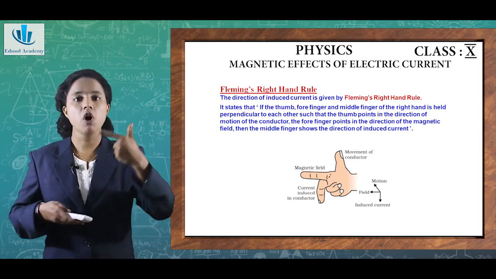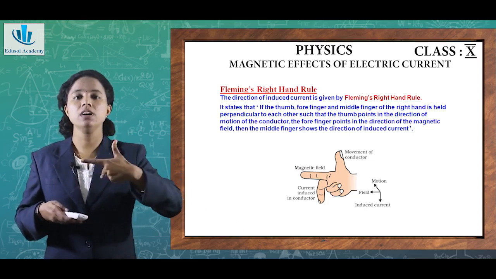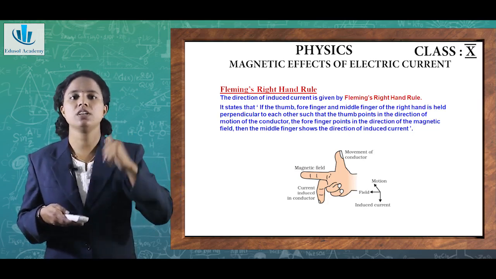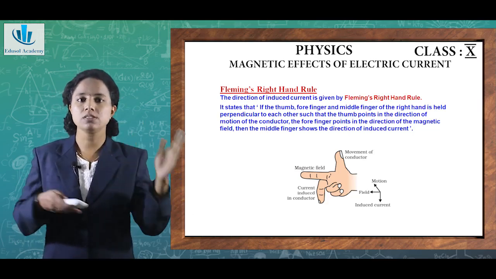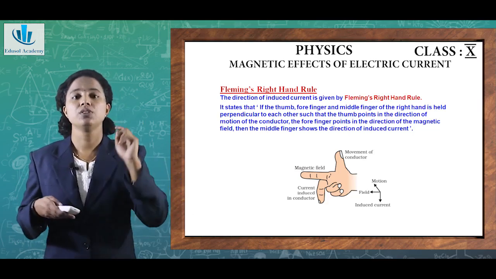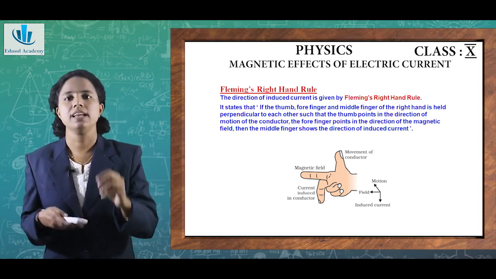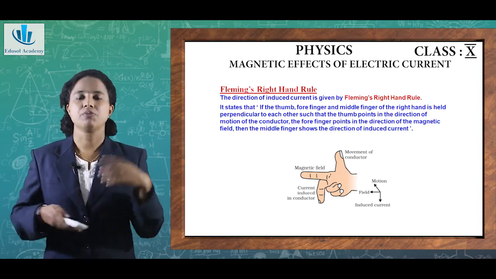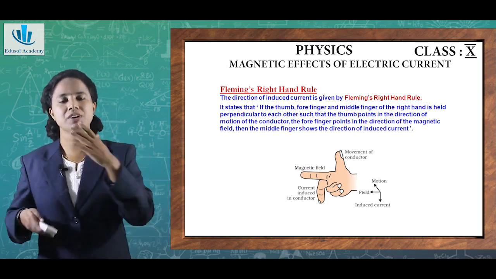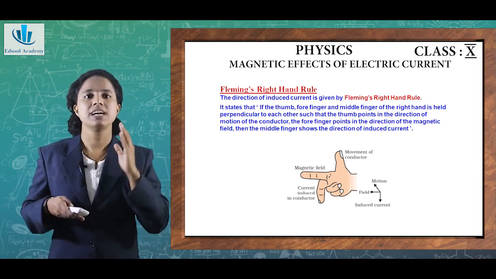the conductor, the forefinger will point in the direction of the magnetic field, and the middle finger shows the direction of the induced current. So, all three fingers are held in a perpendicular position, and together they make up Fleming's right hand rule. So, finally, if you need to find the direction of induced current in case of electromagnetic induction, you use Fleming's